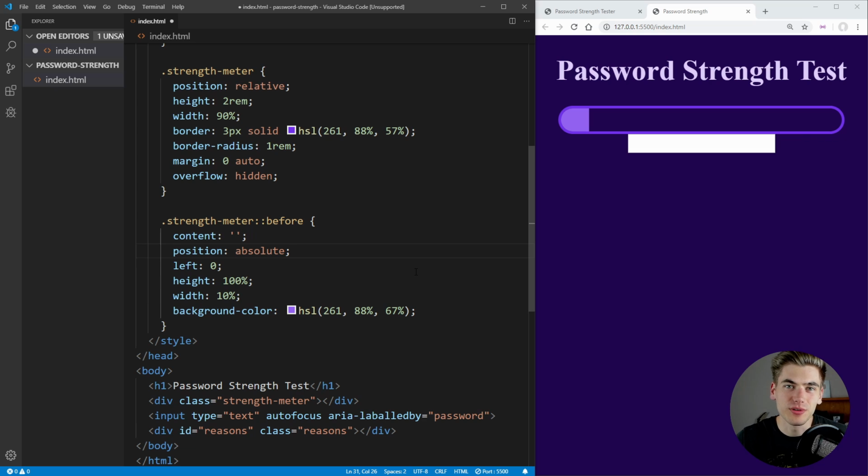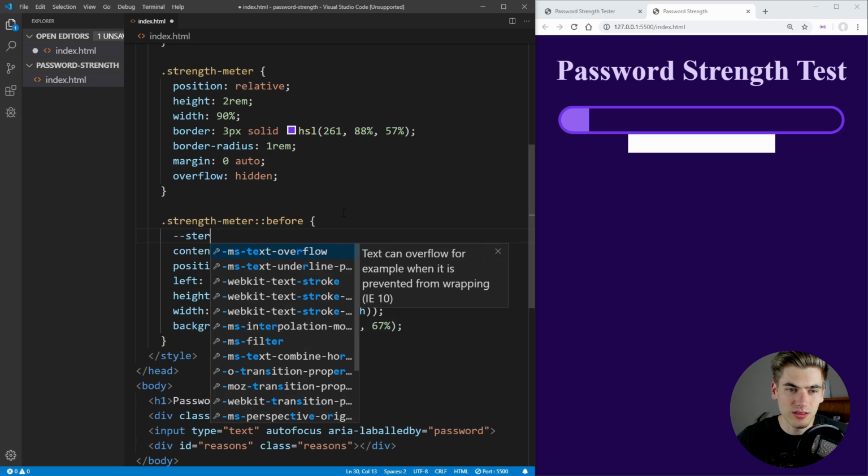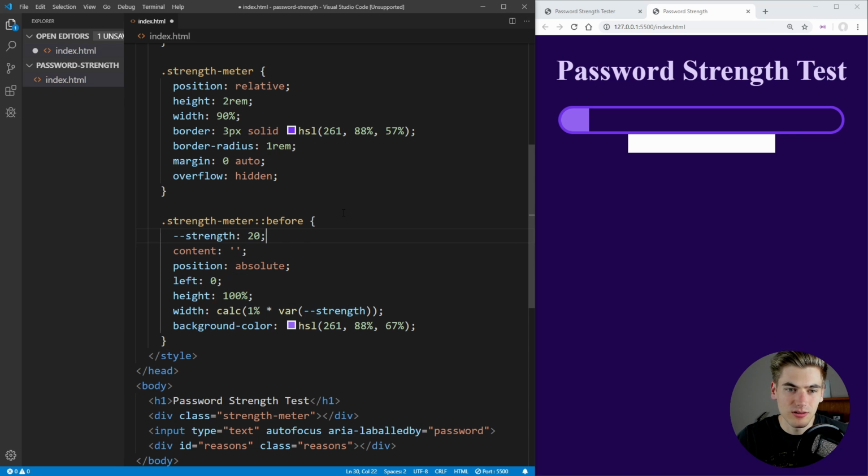One problem that you'll notice though is that our width is completely hard coded, and we want to be able to change this inside of our JavaScript. So in order to do that, let's actually use a CSS variable. We can use a CSS variable which is going to be called strength. We're going to set this variable anywhere between 0 and 100. And in order to convert that value to a percentage, we just need to use a quick calculation where we take 1% and multiply it by our strength value. That way we can convert our integer, which is between 1 and 100, to some form of percentage, so that way we can actually set our width properly. So if, for example, our strength here was set to 20 like that, and we save,